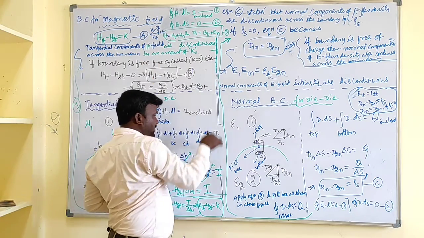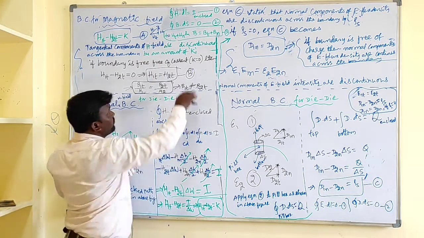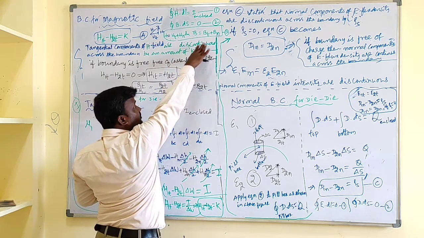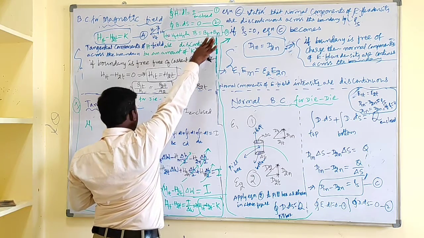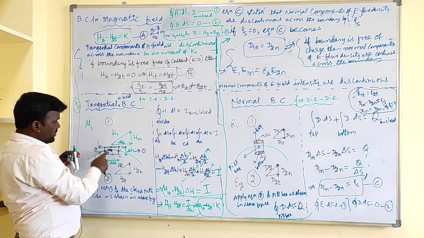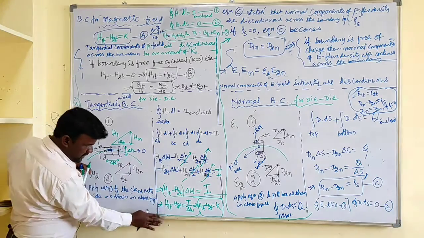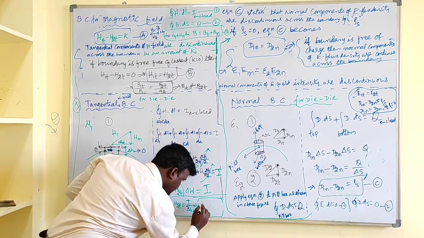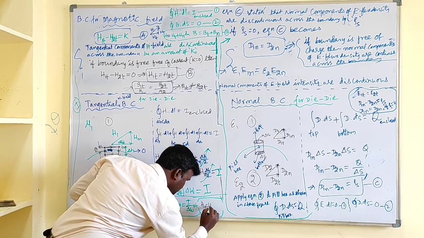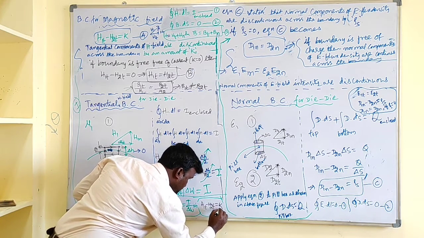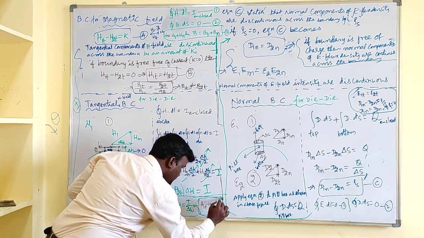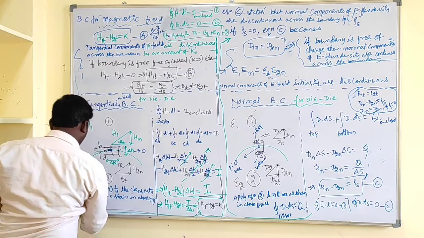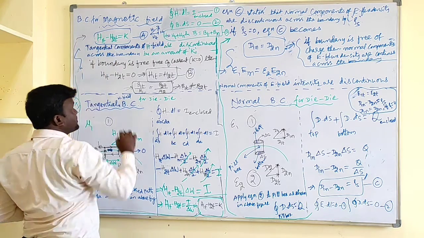This part is related to tangential boundary conditions. We started here, that is equation 1, equation 2, equation 3. In order to derive the magnetic field boundary conditions, we need to use these three equations. Let us apply equation 1 for this closed path. After application we got H1T minus H2T equal to K, equal to I by delta W. Okay, and after this move to here, H1T minus H2T equal to K.